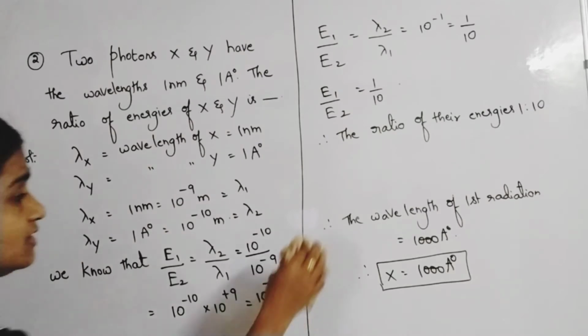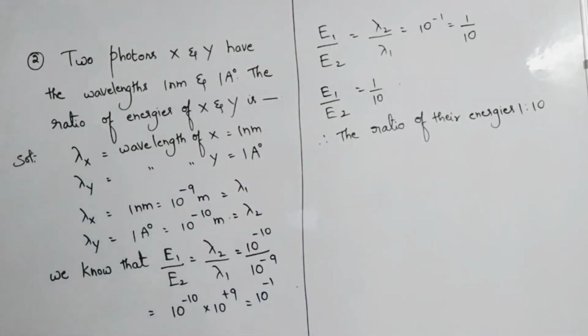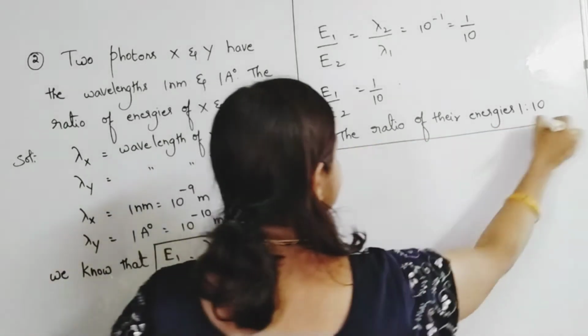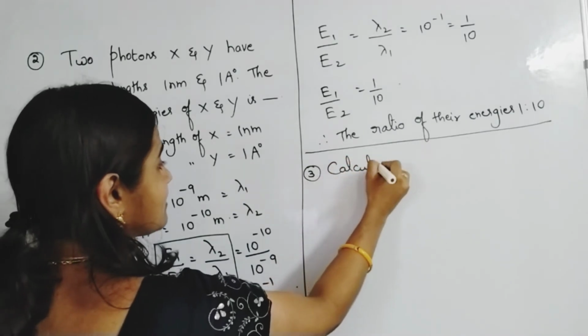Now we'll go for the third question, question number 3. You have to remember these relations. If you are able to remember these formulas properly, that will be very useful to you. Next, question number 3. Calculate